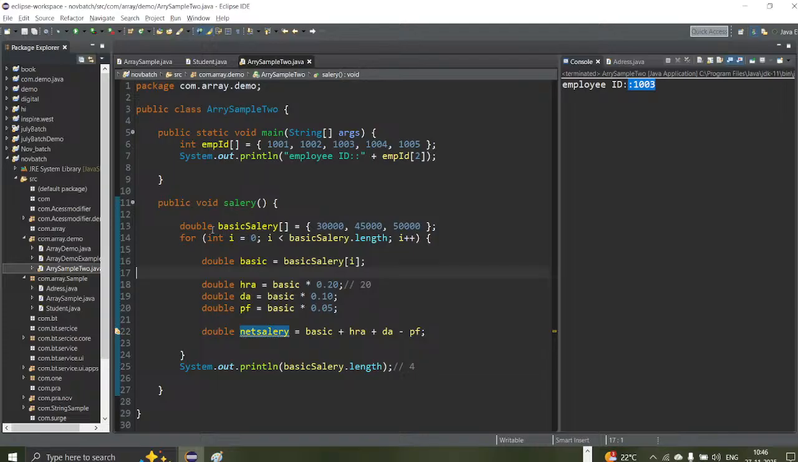Here I declare the salary and I took the for loop. In the for loop, basic salary index, after that it will return the basic salary. Then with that basic salary 30,000 into 20, same as the 10%, same as the 5%. Then it will give the net salary. Right. Then after, let me print